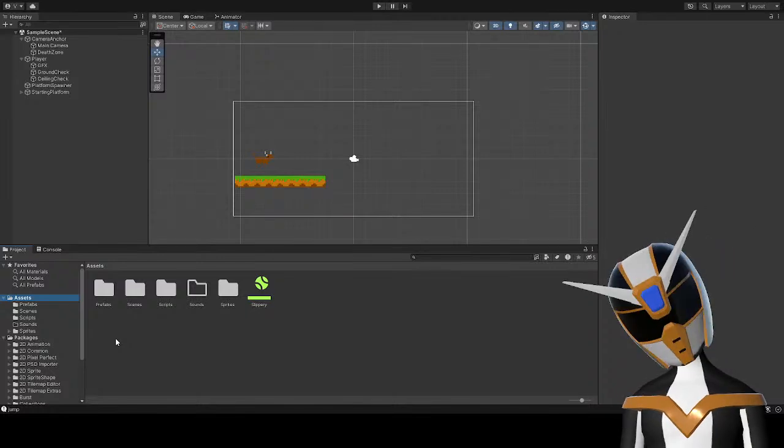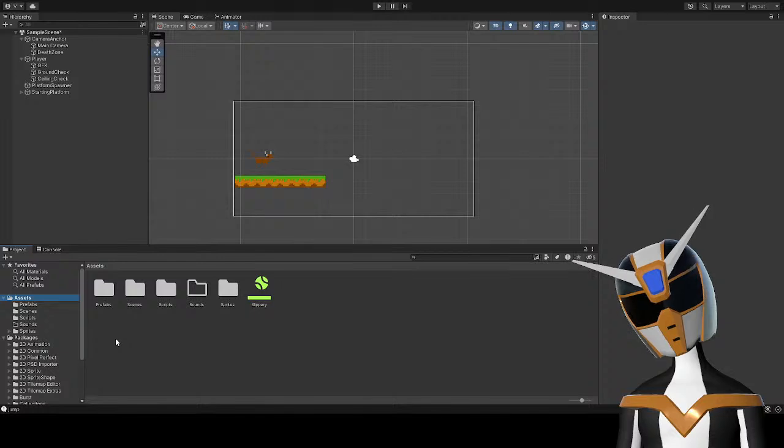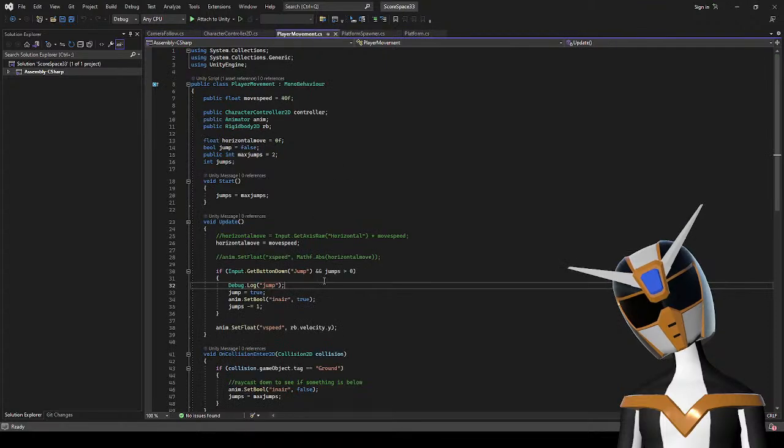Oh, and I should also make it so that the game goes faster the longer you play it. So I should have the character's move speed be increasing very slowly. Okay.